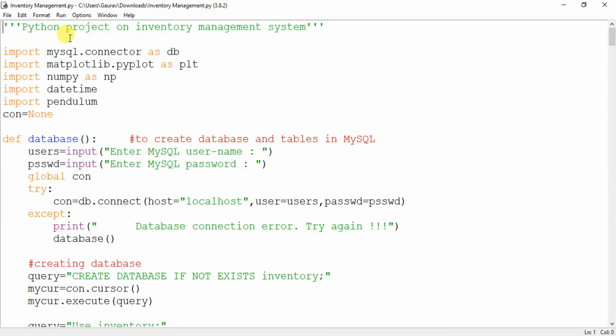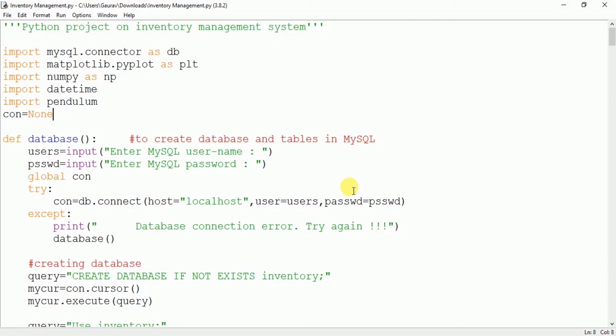So first you should assess what modules and what libraries you want in your project, and depending upon those you should import them. Okay, this database connection is very much important for MySQL connectivity. Then you should have a global connection so that you can use the same connection in your entire project, and then you should have a database function that works on this for database connectivity.